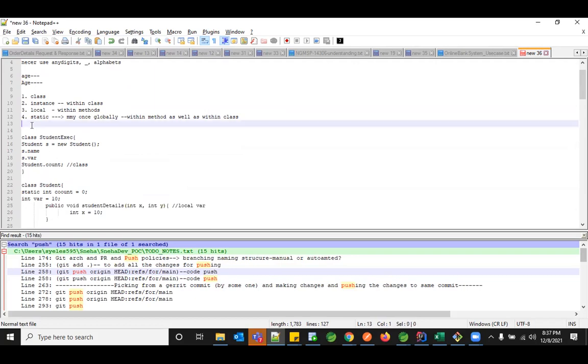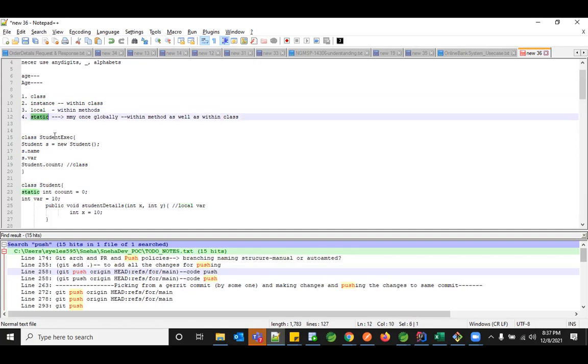And then the types of variables: the class variable, where you access the static variables from one class in the other class, are called class variables. And if you create an object and access them, basically something defined within your class, then they are called instance variables. And local variables are something you define within your methods, and the scope is only within the method and not outside.